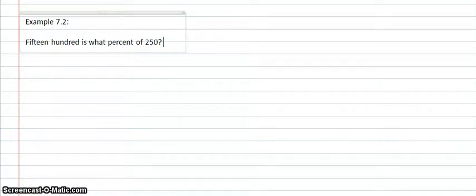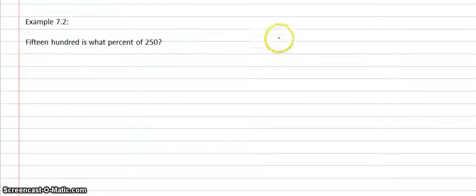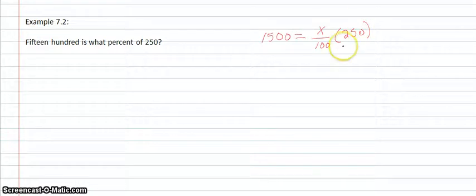The second example in Lesson 7 is another percentage problem. It says 1500 is what percent of 250? So to set this up, I'll have 1500 is, which means equals, what percentage, so that would be x over 100 because it's a percentage, and that's of 250, so times 250, right? Now to get x by itself,